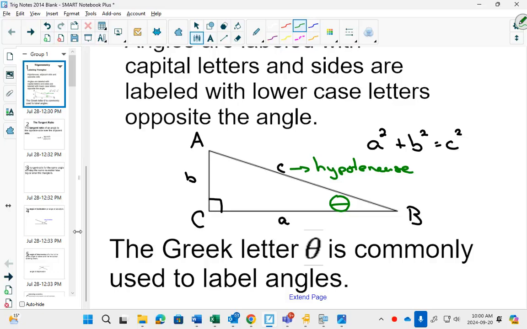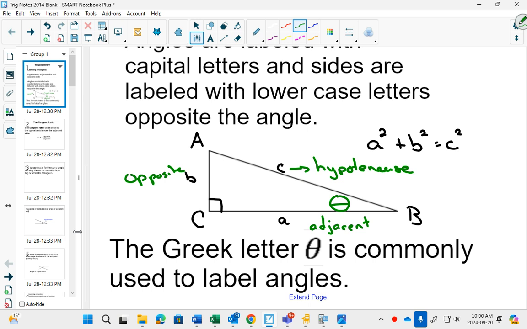If this is theta, the opposite and adjacent change depending on where you say the angle theta is. If I'm talking about this angle theta, which is right now angle B, then straight across is the opposite side. And right beside,